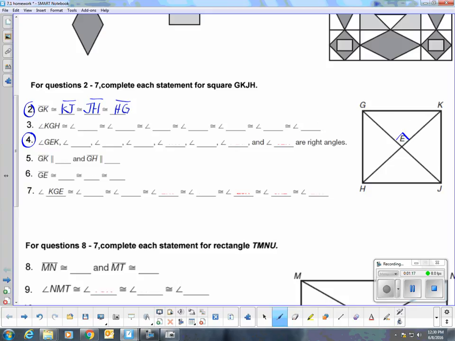So this angle is 90 degrees, 90 degrees, 90 degrees, and 90 degrees. So let's start naming them. KEJ, JEH, HEG,